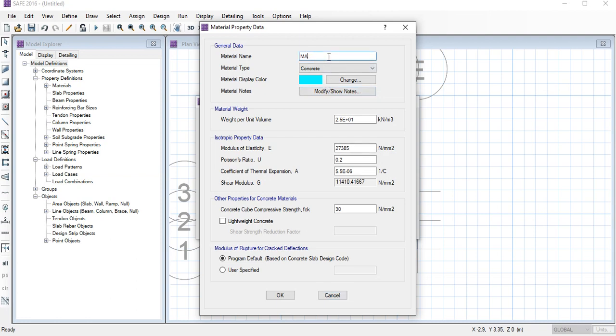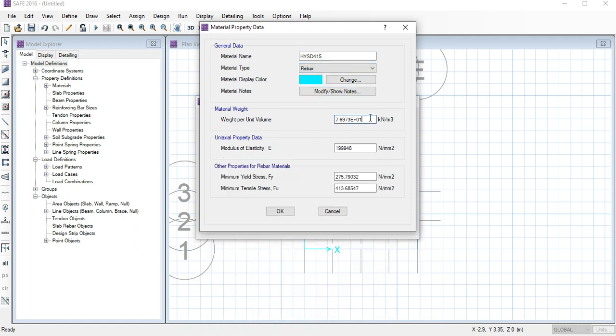We are going to use the rebar HYSD 415, and this time the material type is rebar, we will select here. We know the weight per unit volume of the steel bar is 77 kilonewton per meter cubed.